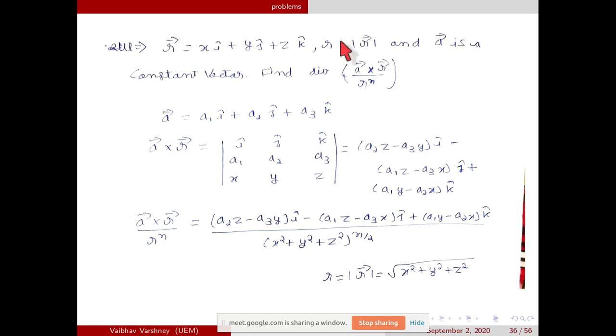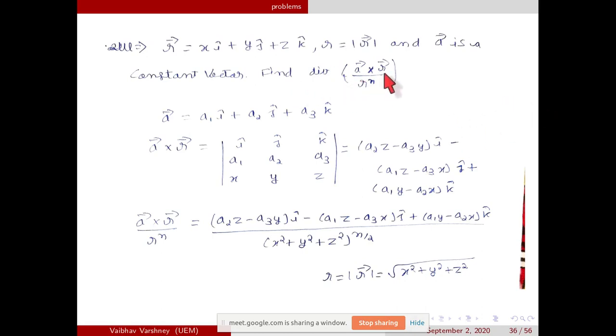So what we have to calculate is divergence of a cross r upon r to the power n. These kind of questions are very common in divergence and curl, where you will get to see r cap, r to the power n, r to the power 3 by 2. So I am doing one question and you can try others from the Spiegel book. Spiegel book has many problems if you check its exercise. And if you face any problem in any question, just post the photo of that question in the WhatsApp group. I will solve it and show you in the next class. Okay.